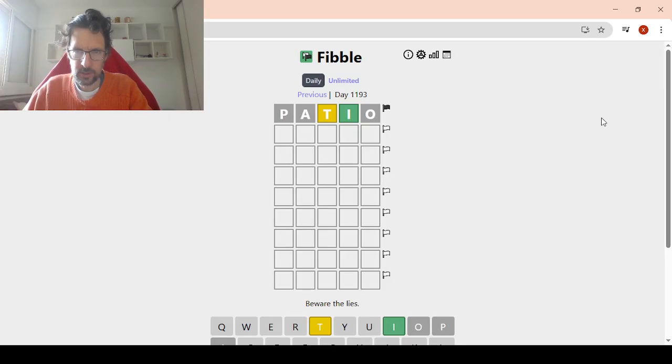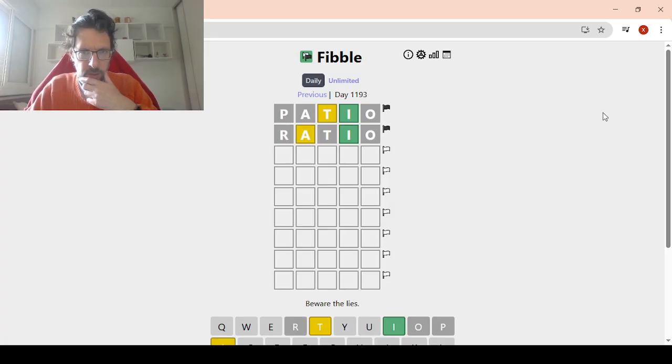So this is not a zero information word, in the sense that at least one of the letters is present, so that's a good start. At least sounds like a good start. I will do my thing and almost repeat the word with ratio, which cannot be the answer, but hopefully will give me lots of information.